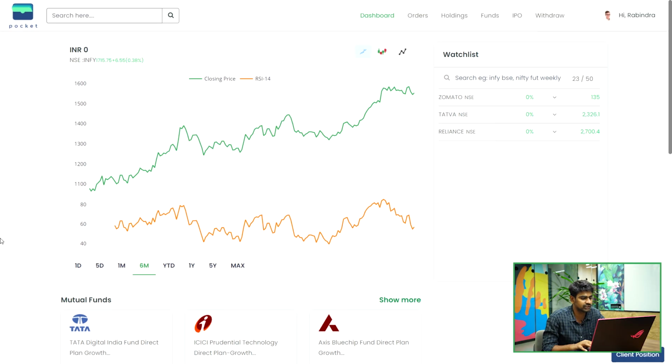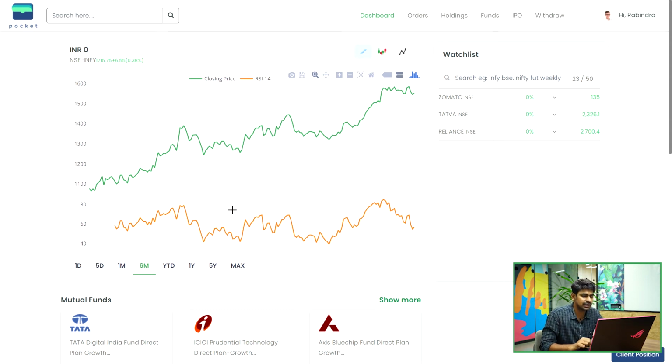We have to observe whether the RSI is in the neutral area or in the overbought or oversold zone. In the neutral zone, the price is expected to be in the trend. That is, if the RSI is going up, we buy. If the RSI is going down, we sell. In the overbought or the oversold zone, the price is expected to reverse. That is, if it is in the overbought zone, we sell. If it is in the oversold zone, we buy.